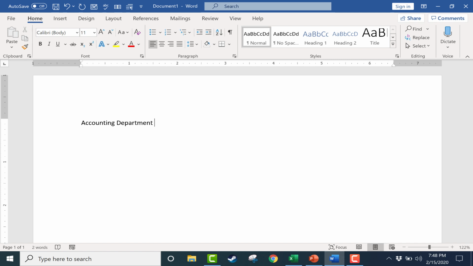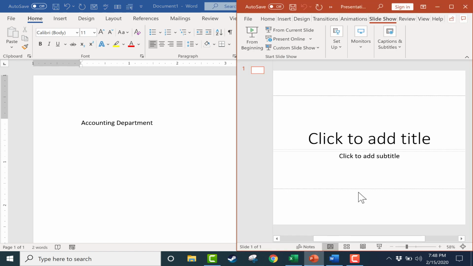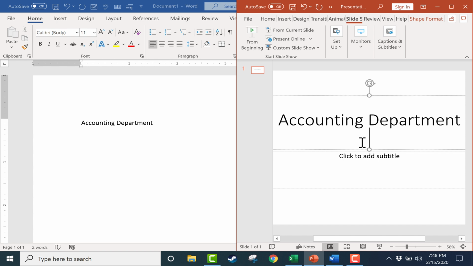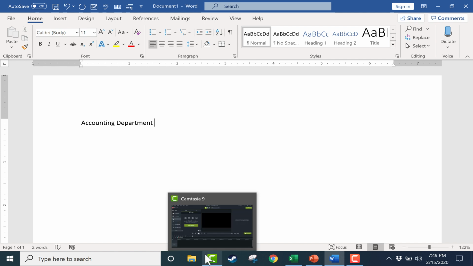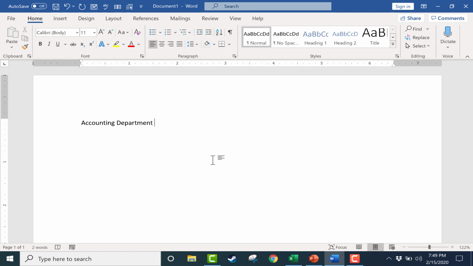Look what happened. Even though I set up this shortcut in Excel, it still works in Microsoft Word. And if I pull up PowerPoint and click to add a title, ACDP, there's Accounting Department, it brings it up. So these are all linked together so that anytime you set up a keyboard shortcut or an autocorrect, it will work in pretty much all of the Microsoft Office products.